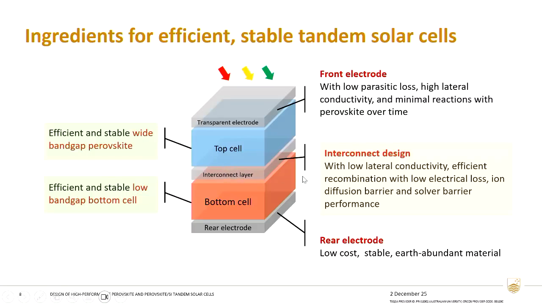One of the important things is how we integrate the two subcells into one device. That means an interconnect layer that is not only optically transparent, but also very conductive, with low resistivity, for connecting the two cells. Beyond that, of course, the electrodes are very important for any type of cell. For the tandem, the particular requirement is the transparency of the top electrode, as well as its stability,